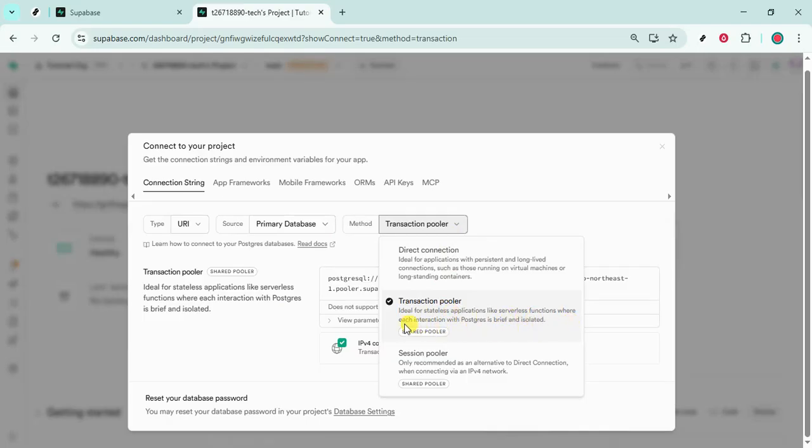like prepared statements. Transaction Pooler is optimized for serverless and high concurrency workloads by reusing connections per transaction. It's great for short, bursty queries but does not support certain session-level features. Pick the option that best fits your runtime. As you switch methods, you'll see the host, port, or URL in the connection string update automatically to match your